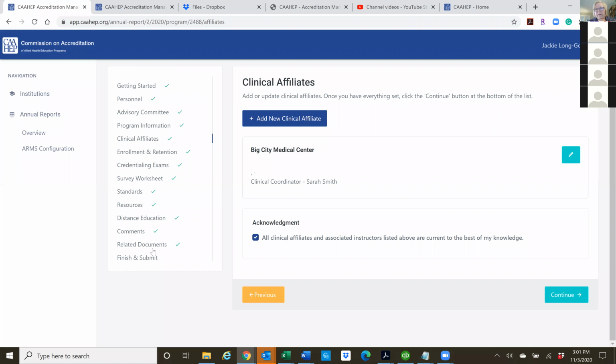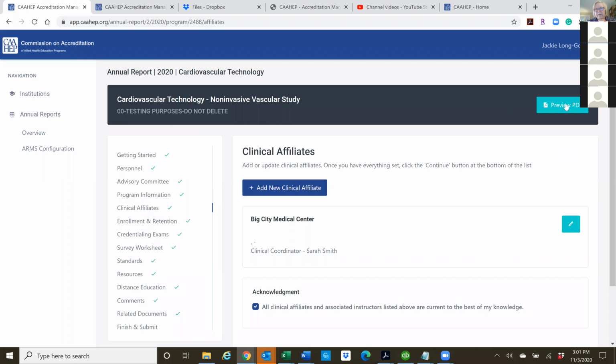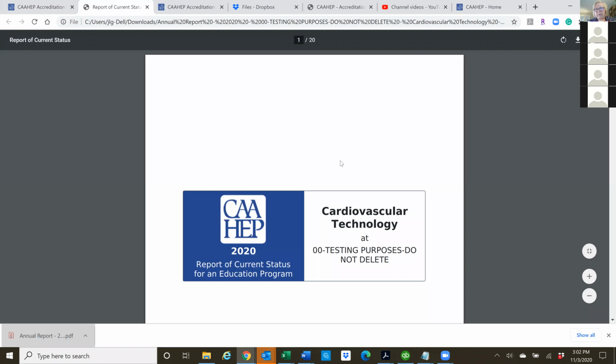You can look and see, okay, I have a green check by everything. I don't need to go back and check anything, but I want to preview it. So just like the old one, you just do preview it. This gives you a PDF. Now you can take a look at it. It's a much nicer format.